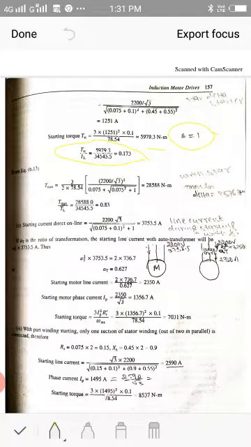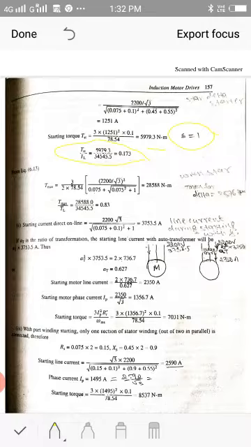Okay, this is the equation for Tmax, that the equation for T is there, and maximum torque is going to occur at a slip S equal to Sm. If you need to derive this equation, you have to differentiate the torque equation with respect to S, and you need to equate that to 0. Okay, then you are going to get this Tmax equation.